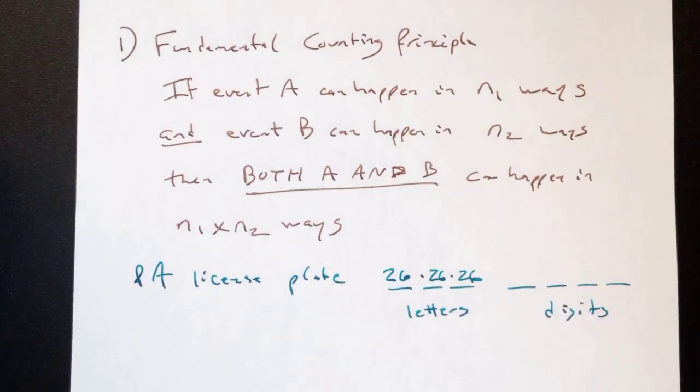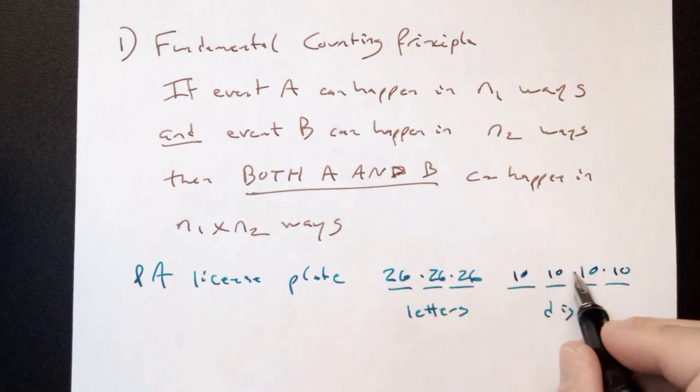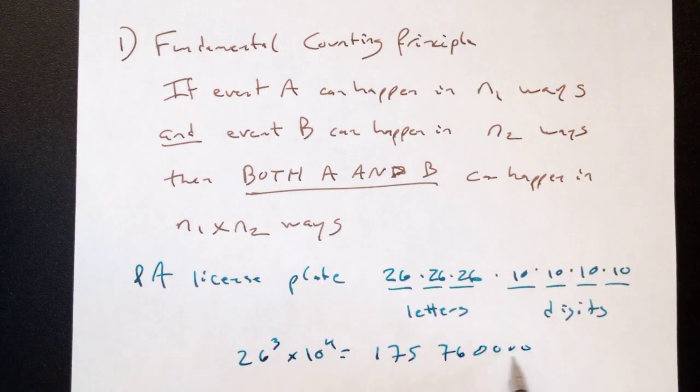Then when I get to digits, it would have to be 10 times 10 times 10 times 10, because it's 0 to 9. That'd be 10,000 for the digits. There's 10,000 different combinations just for those, plus the 26s there. If I multiply all these together, I get 175,760,000 license plates possible. You could legitimately give every human being in the state of Pennsylvania their own license plate